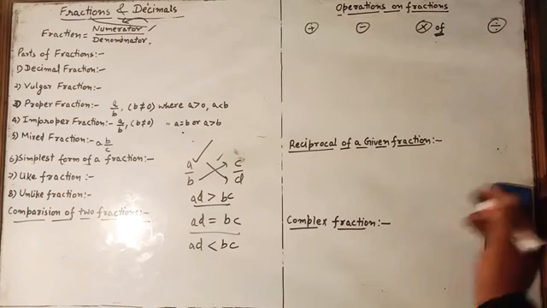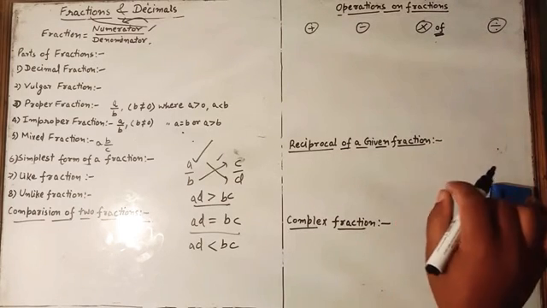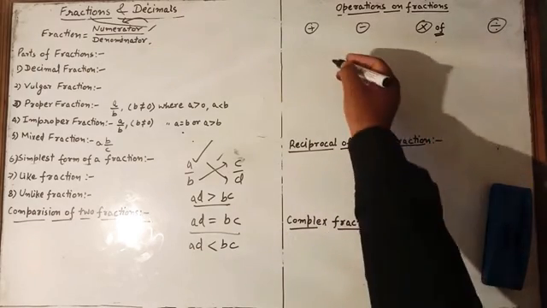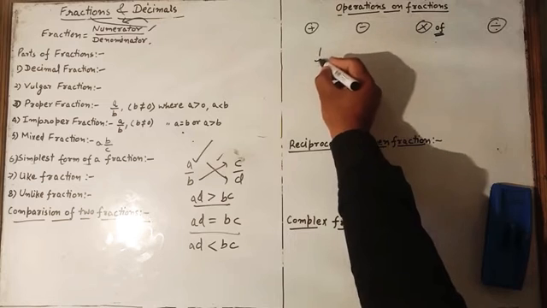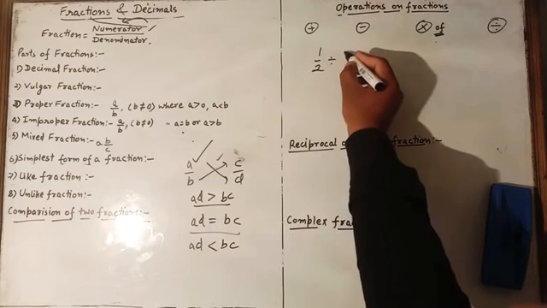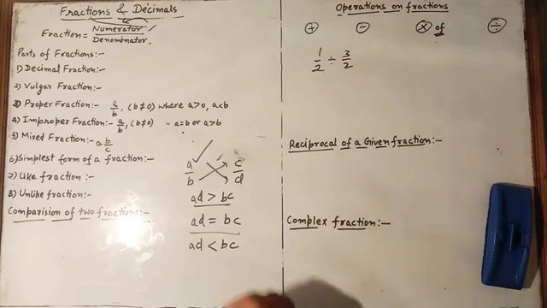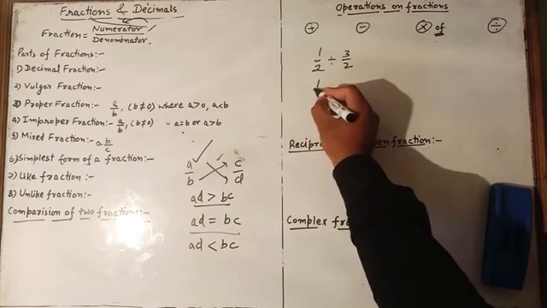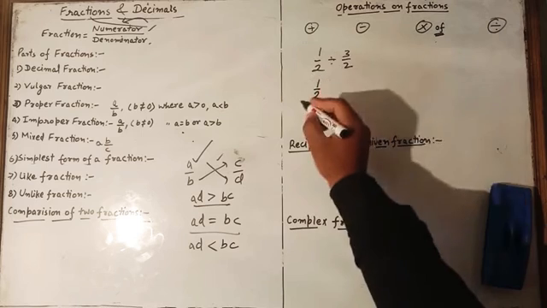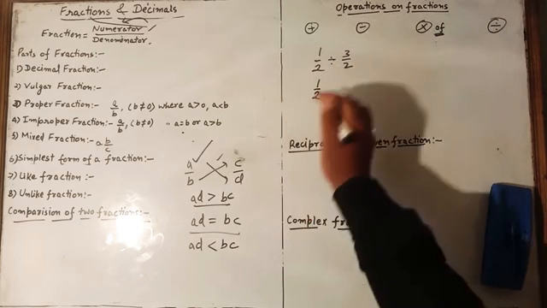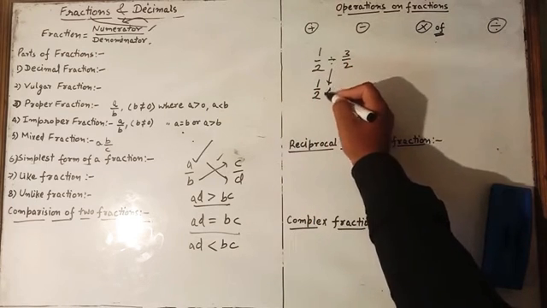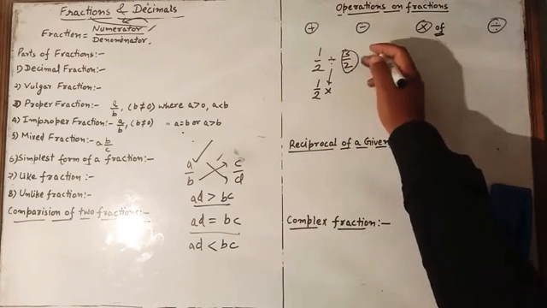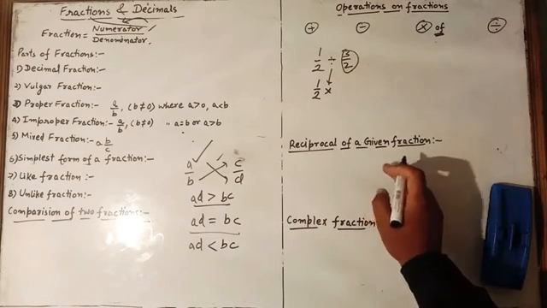Now come to division. This one is a little different as compared to multiplication. Only multiplication we will do, but a little difference is there. 1 by 2 divided by 3 by 2. Now how will we divide? See, here is the sign of divide, we will write the first fraction the same, 1 by 2, and in place of the divide sign we will write the multiplication sign, and we will take the reciprocal of this one. Reciprocal means opposite. Here we will learn about it.